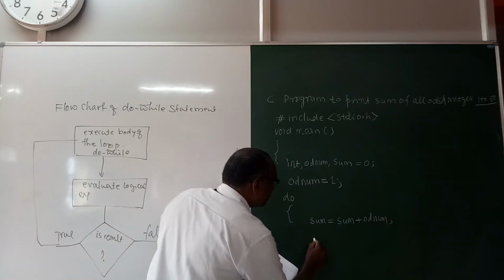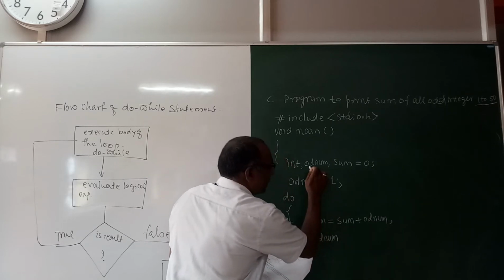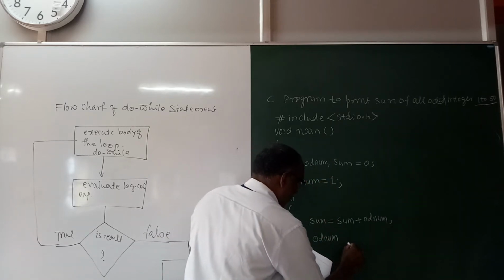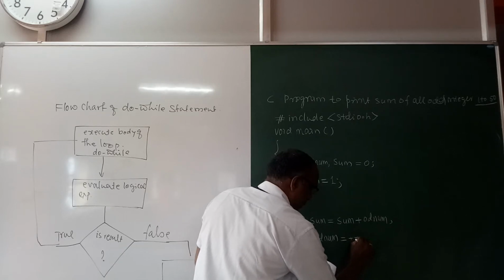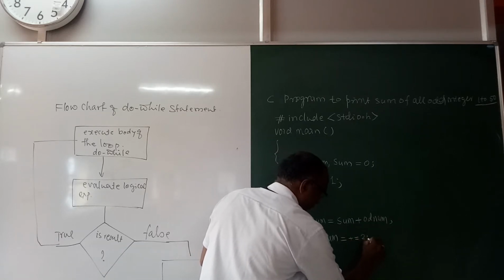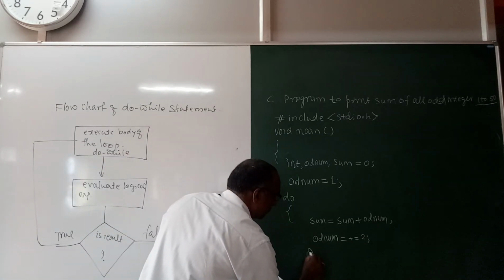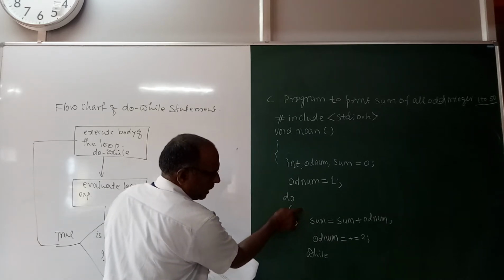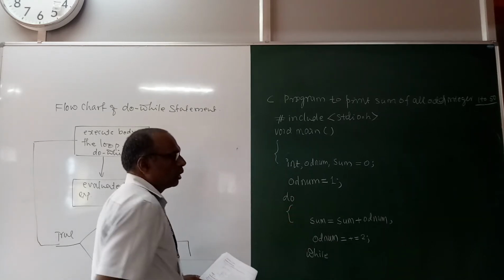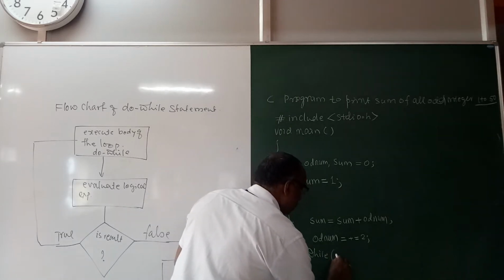Odd number, that is this variable, is incremented by 2. This is while. Now this is a logical expression. This is the body of the do while loop, while odd number